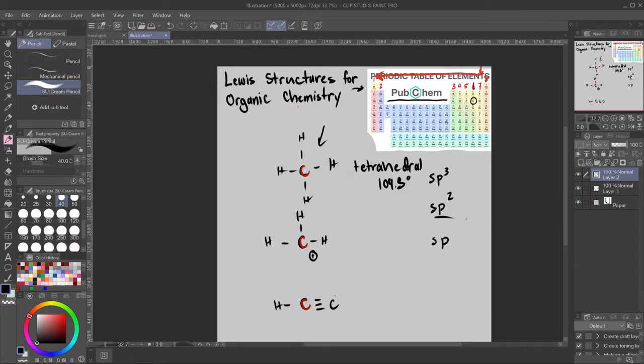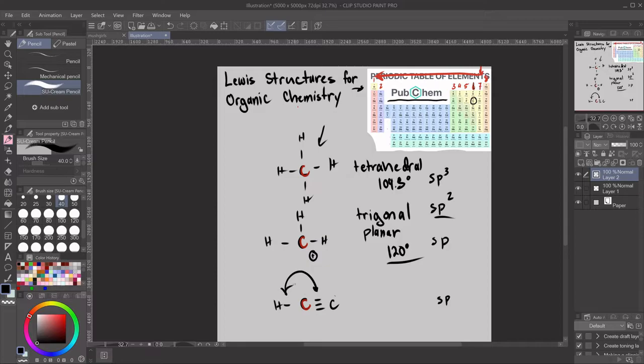So if you think about sp2 with 3 electron groups, that is going to be trigonal planar, because the best way to separate 3 groups is to make it into a triangle. And so then this will be 90 degrees. Sorry, not 90 degrees. I was thinking of a square. It's going to be 120 degrees, sorry. And finally, if we look at sp, what we'll see here is that it's just going to be a line,